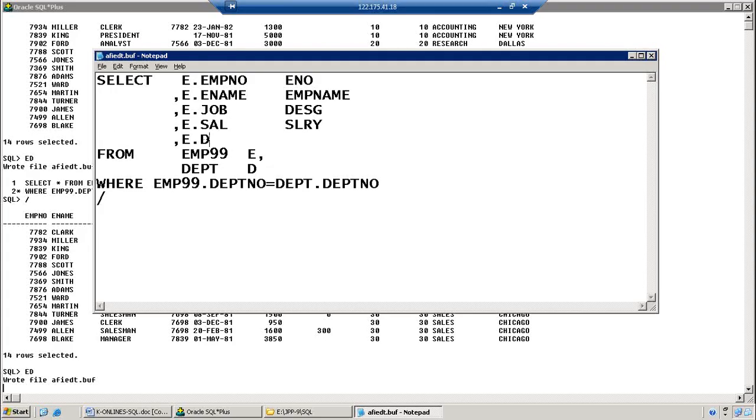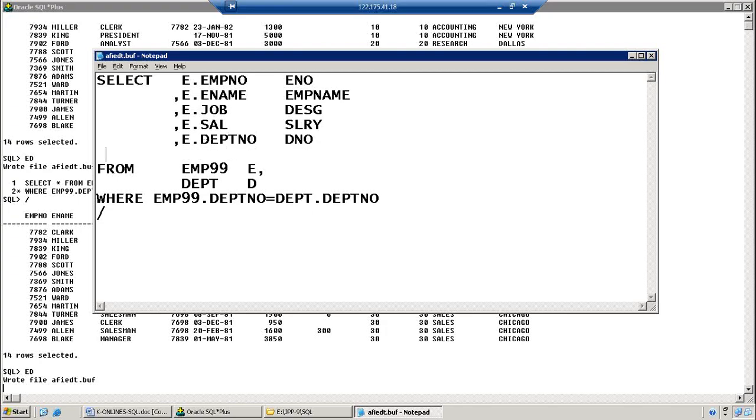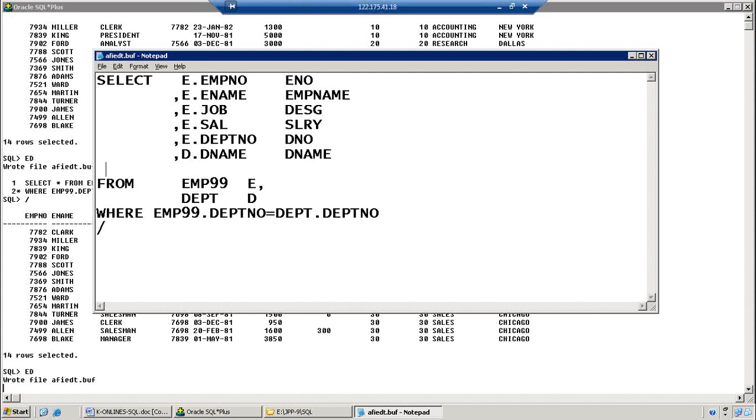Now here I am using E.DEPTNO, D.DNO. Now I am using D.DNAME, D.LOCATION. So I don't want to retrieve all columns, I want to retrieve only a few columns which are required for our output. Then next here